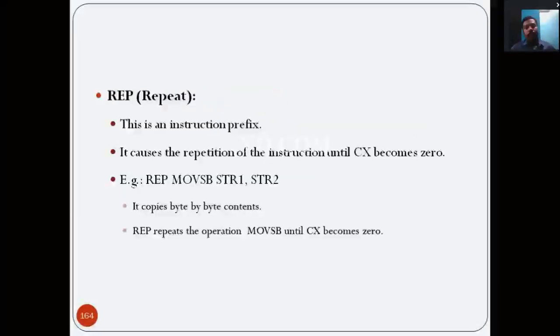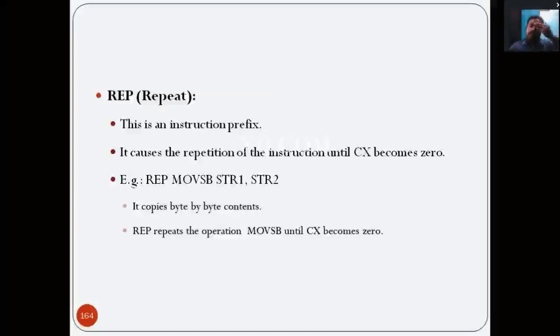The next one is the repeat instruction. This instruction is a prefix instruction. It causes repetition of the instruction until CX becomes 0. CX is the count register, we have already studied. So CX loads the count value. Whenever CX is 0, the repeat instruction stops, like loop instructions.